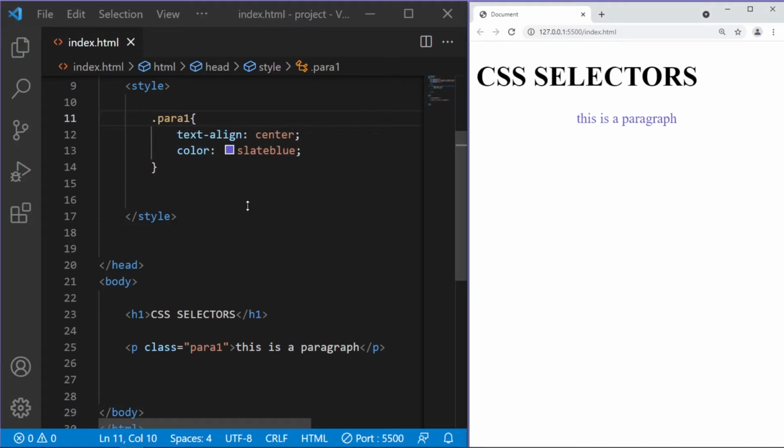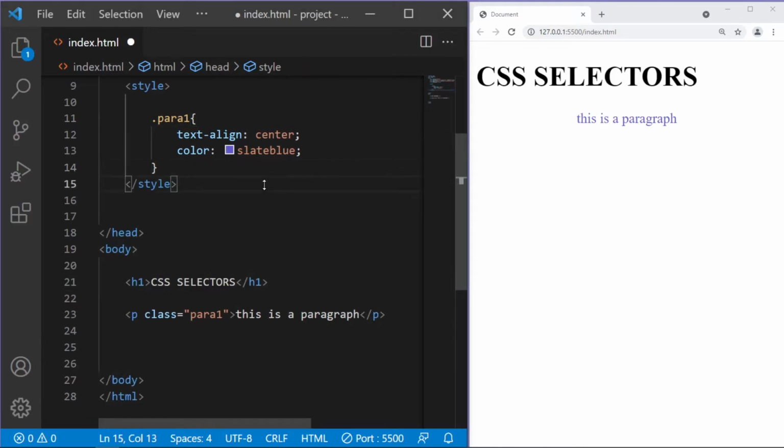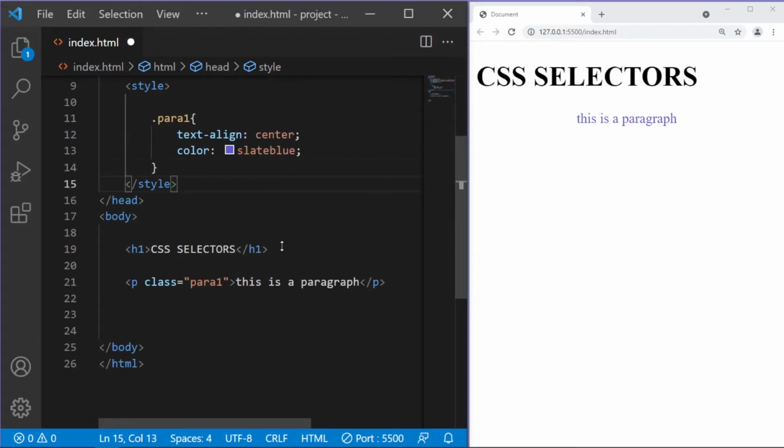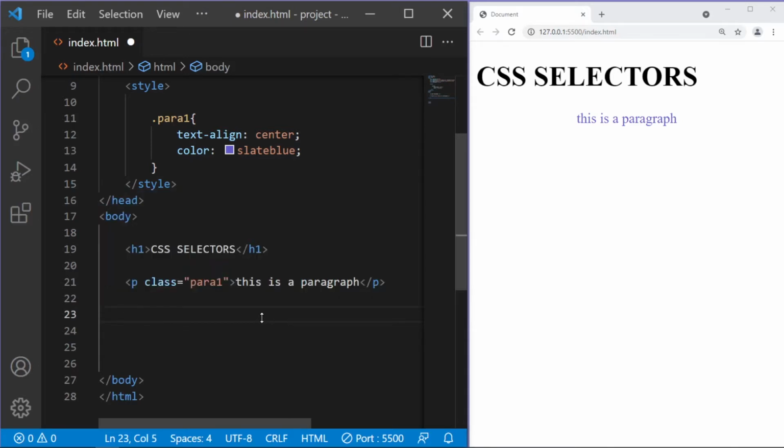You can also specify that only specific HTML elements should be affected by a class. Let me give an example. Let me delete these extra spaces from here for proper visibility. And I'm gonna take another paragraph. Let's say I'm gonna copy this class from here and paste it here with this h1. Hit save